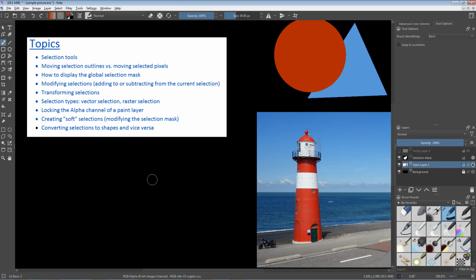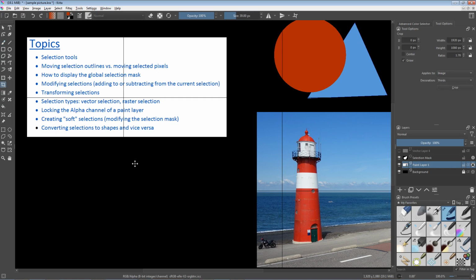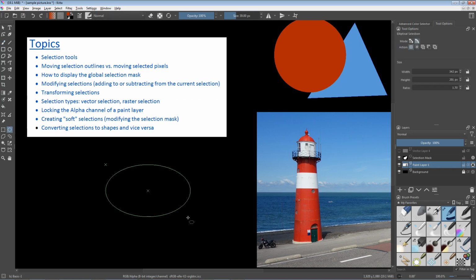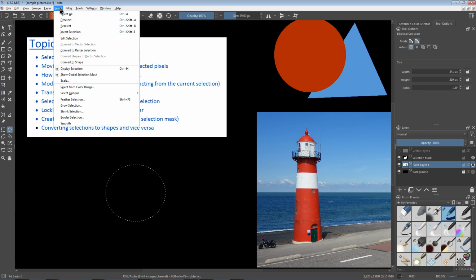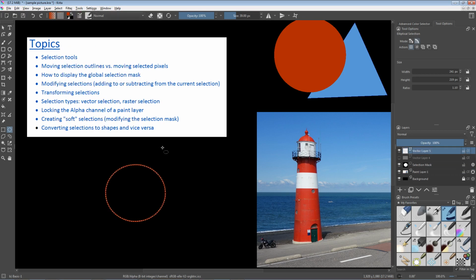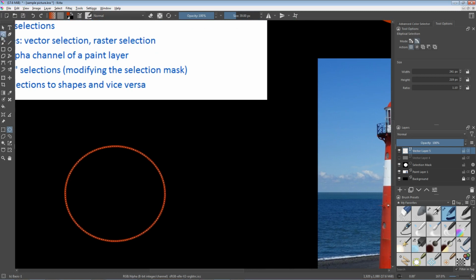Last but not least, you can also convert selection outlines to shapes to further modify these selections. For example, let's say we have a circular selection like this. Then we can convert this to a shape by clicking the select menu, convert to shape. And now on the vector layer that is created, you can modify that shape. For example, let's zoom in a little bit. We click here on the